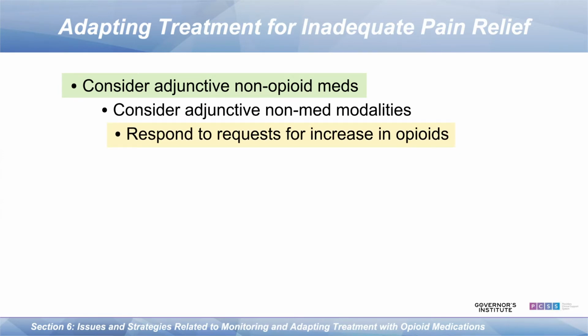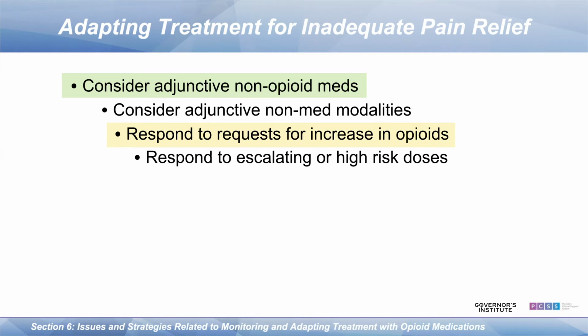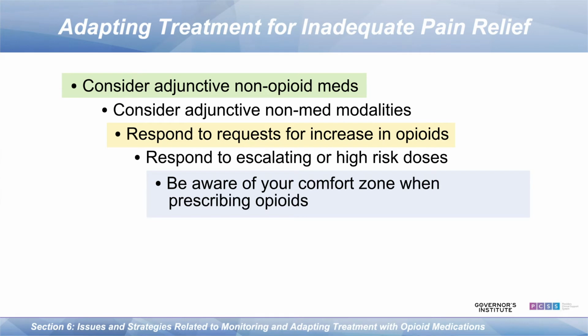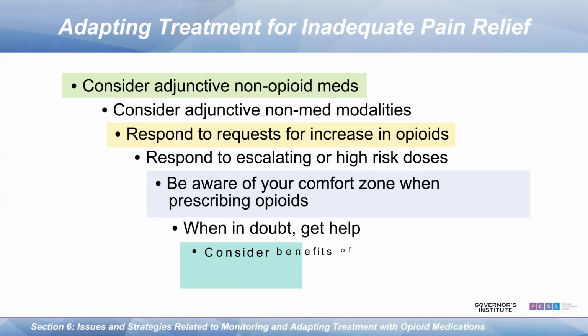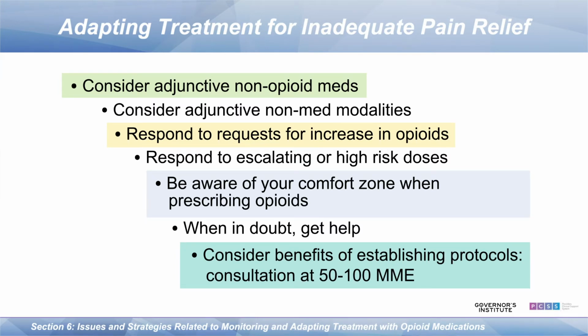This will at times involve responding to recurrent requests for increases in opioid doses, including requests for opioid doses that have escalated into higher risk levels. This makes it important that the clinician is aware of his or her comfort zone when prescribing opioids. When in doubt, ask for help. Through consultation or referral, that help can be available. In that light, consider the benefits of establishing protocols for responding to escalating dose levels. For example, suggesting or requiring consultation when total opioid dose goes above a certain level, such as 50 to 100